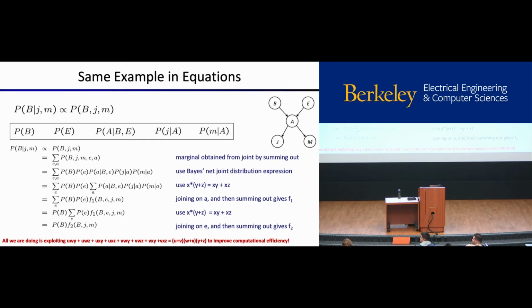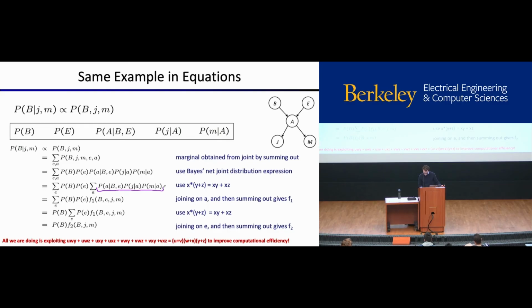What is the form of F1? That's a great question. Okay, well, let's look. So we have P of A given B, E, times P of J given A, times P of M given A, right? So let me make this a little bigger so that I can write on it. So we're looking at this, right? So what will be the form of F1?